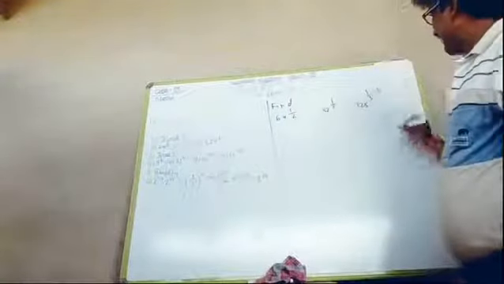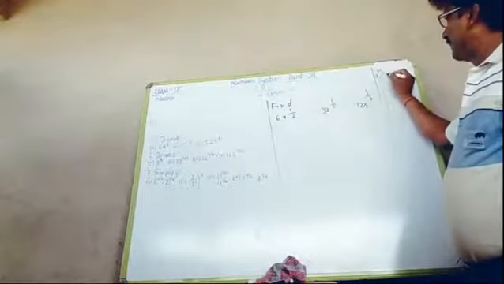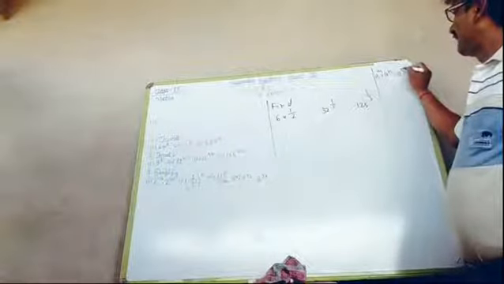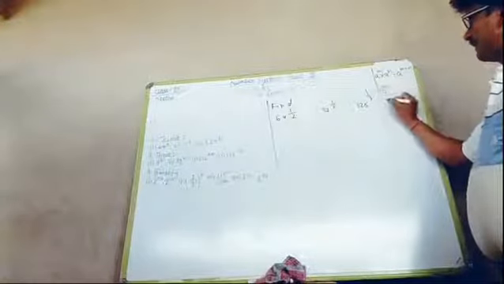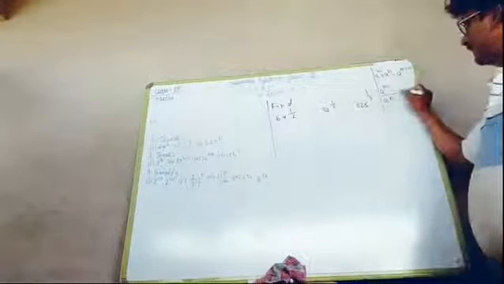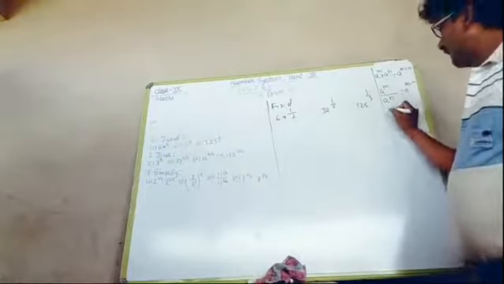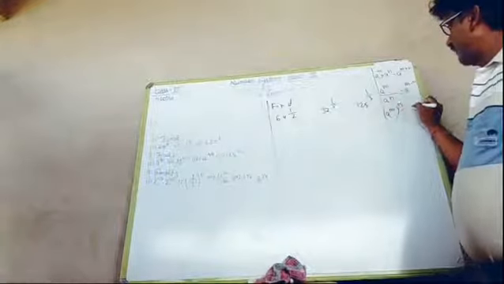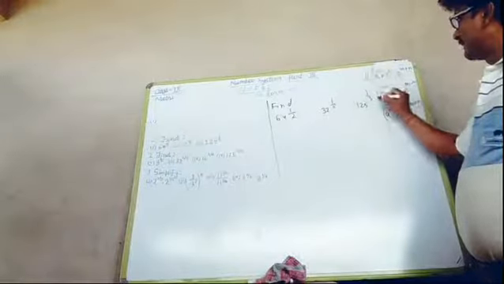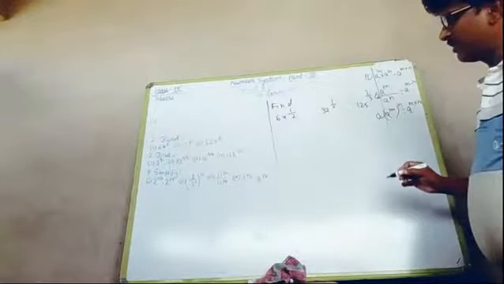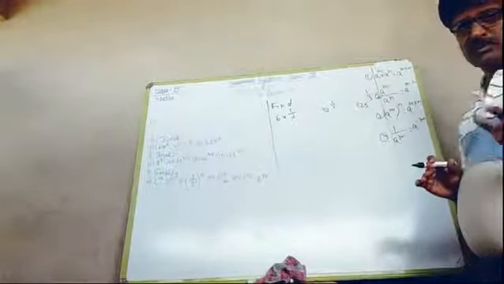In indices there are some laws. The laws are: a raised to power m into a raised to power n is equal to a raised to power m plus n. a raised to power m divided by a raised to power n will be a raised to power m minus n. Next, a raised to power m, raised to power n, is equal to a raised to power m into n. This is the first law, this is the second law, this is the third law, and this fourth law is 1 by a raised to power m is equal to a raised to power minus m. Okay, so see,